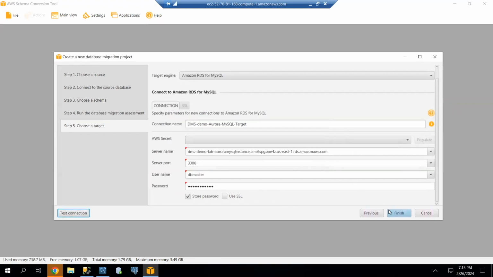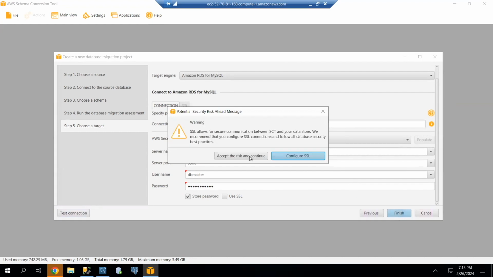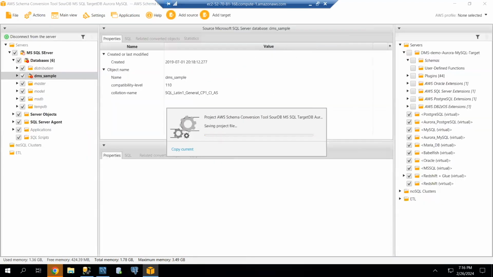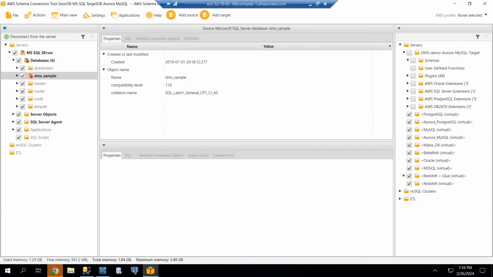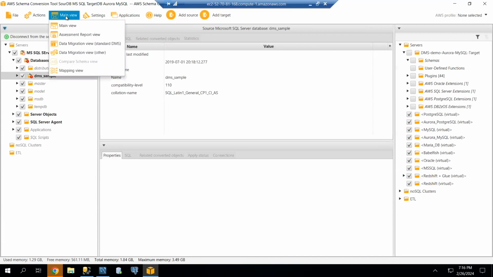Connection successful, and then finish. Again, I'll accept the risk. I have successfully established my source database and target database for SCT. Now, if I want, I can go to main view and I can see the assessment report, what we discussed